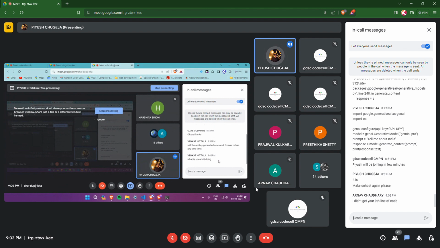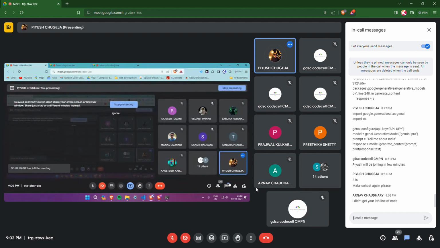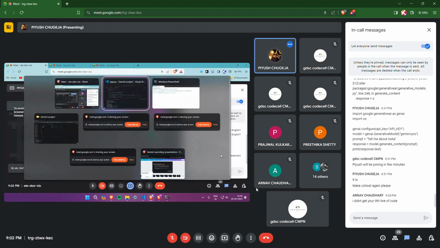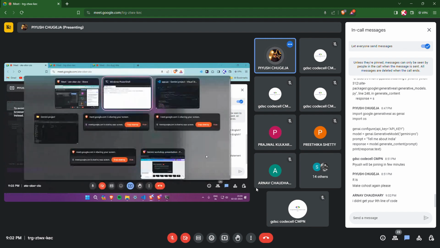Streamlit, Venkat, for now, we are not doing anything with it. We will build our project using Streamlit. We'll build a UI. Like you were saying, right? You wanted to have a PDF containing your response. We'll have a website do so. Be patient. We'll build a website using Streamlit. Yeah, sure. That is a good doubt. Good doubt, Atharva.